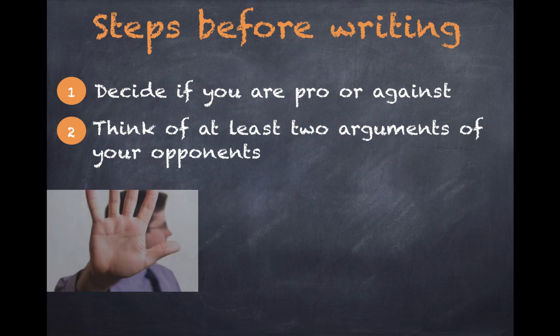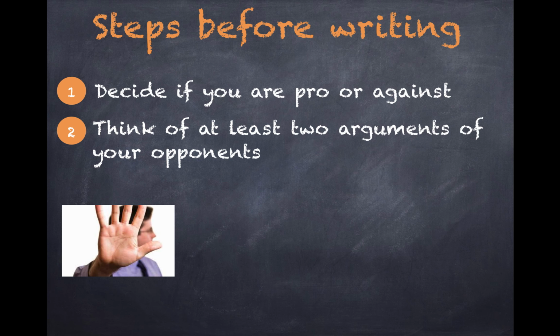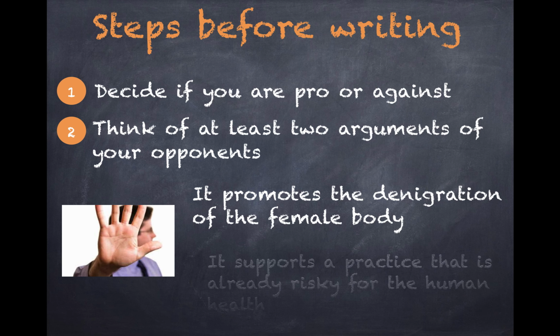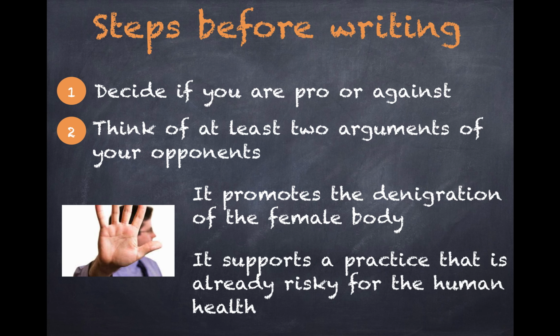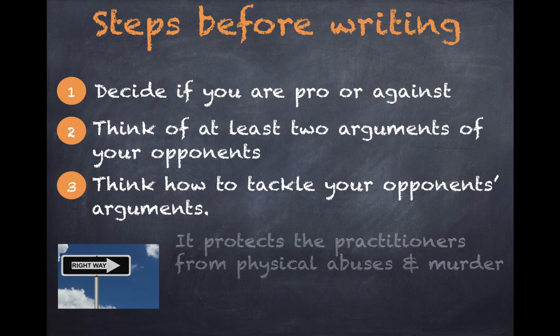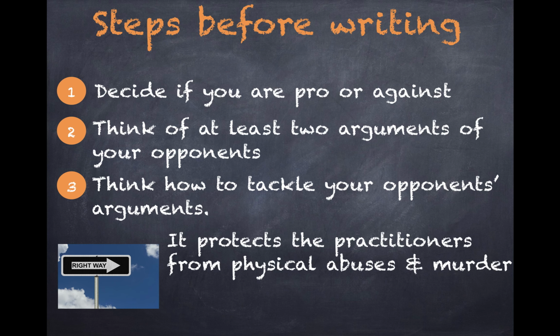Since we are in favor, we have to look for arguments against the legal regulation of prostitution. We can then mention that it promotes the denigration of the female body and that it supports a practice that is already risky for the human health. The third step is to think how to tackle your opponent's arguments. We can say that the regulation of prostitution protects the practitioners from physical abuses or murder and that sexually transmitted